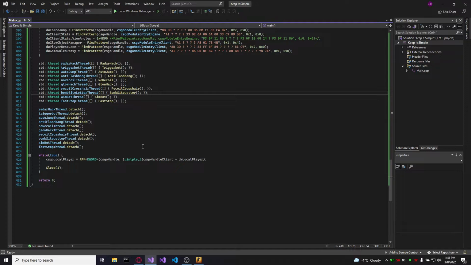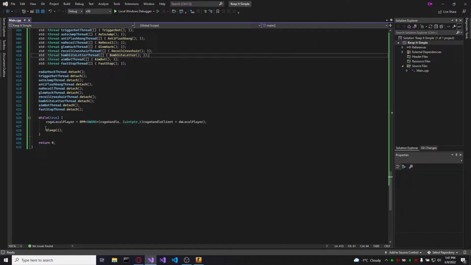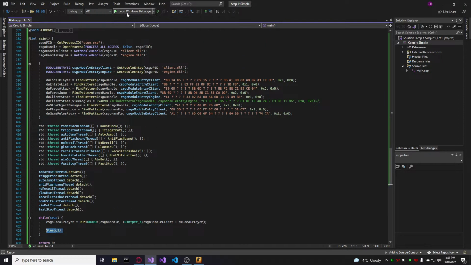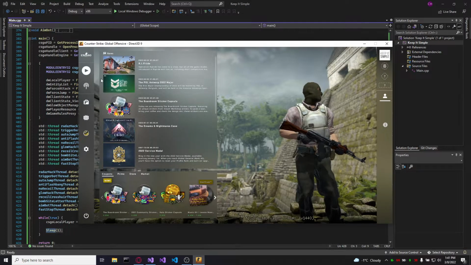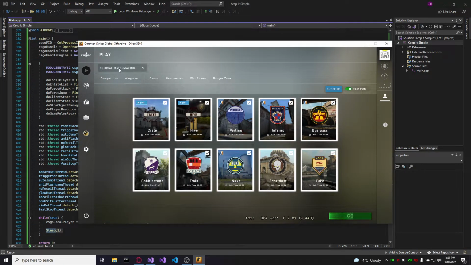And some of the cheats were going to run very slow. And that's why I did a new thread for every cheat. Here we got the main thread with the CSGO local player, which updates continuously, with a sleep so that the CPU is not burning. And let's go into bot game,